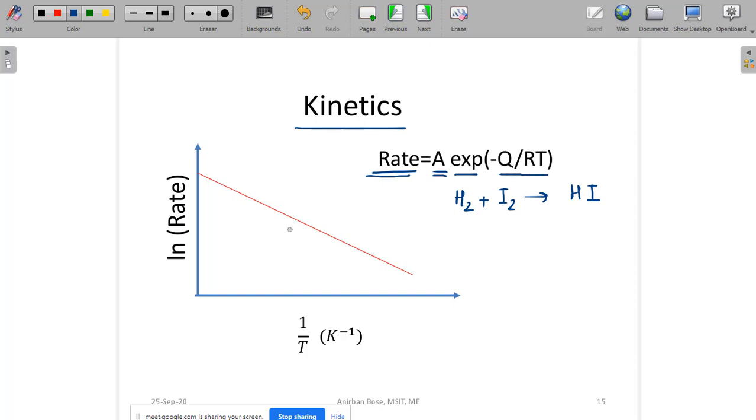So basically here in the x-axis what has been plotted is the reciprocal of the temperature in Kelvin, and in the y-axis it is plotted the log of rate. If you take the logarithm on both sides, it will become a straight line with a negative slope of minus Q by R. So let us try to rationalize this relationship, how in a particular transformation this kind of thing happens.